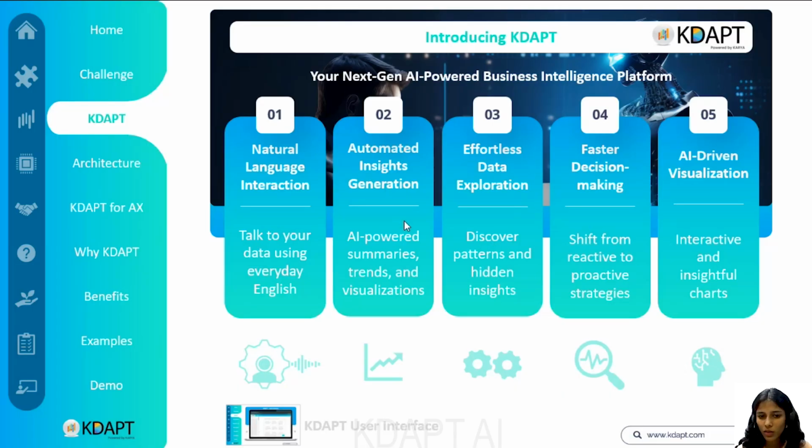The second one is automated insights generation. So KDAPT instantly shows you trends and patterns without needing you to do anything manually. The third one is effortless data exploration. So you can dig into your data and find useful information very quickly and easily, because you're just going to ask questions in plain English. You're not going to dig through the entire AX data. And then the fourth one,